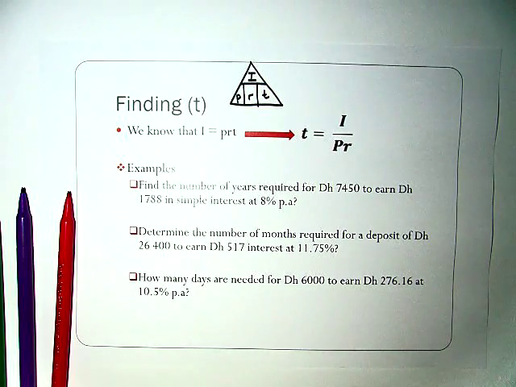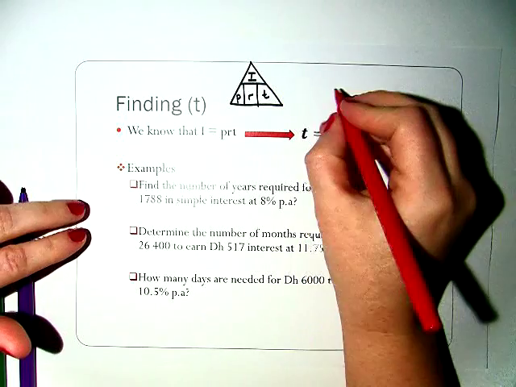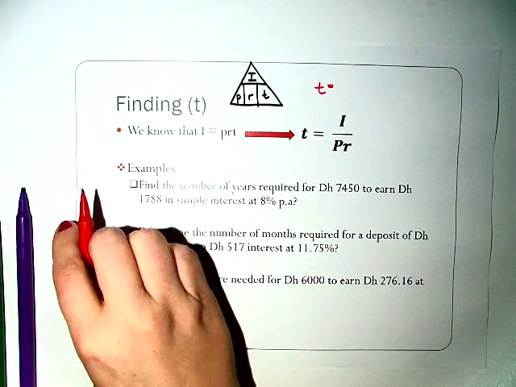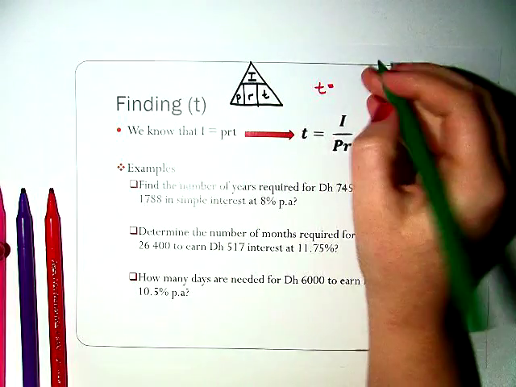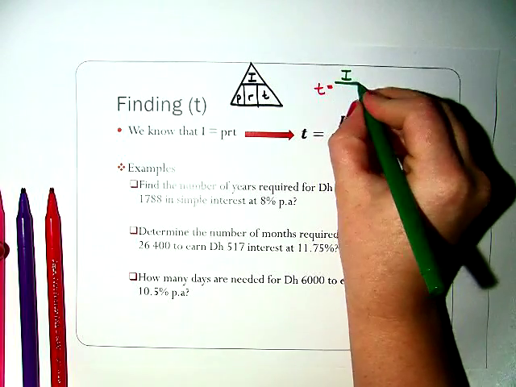Okay, the last thing we're going to find is t. Now remember, t is the amount of time in years. So there will be some times that they ask for different things like months or days, and I'll show you what to do when we get to it. But first and foremost, when you're solving for t, t will equal, and let's look at what's on top, the I divided by